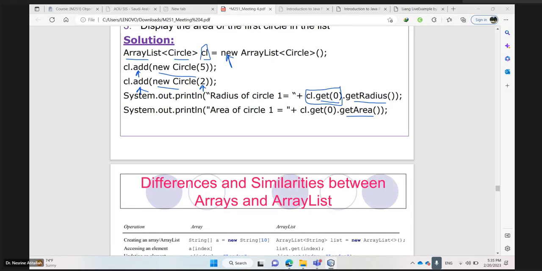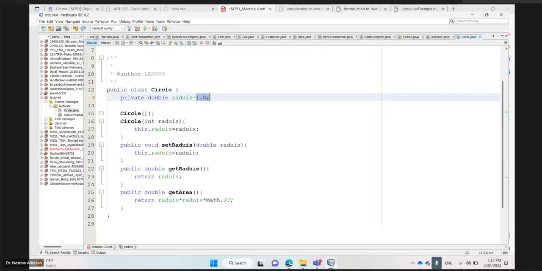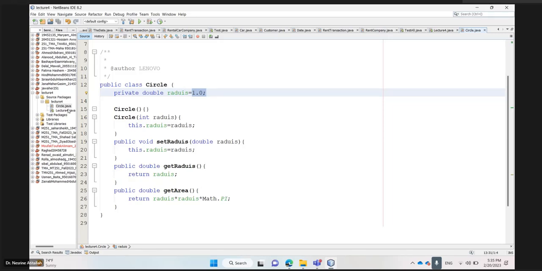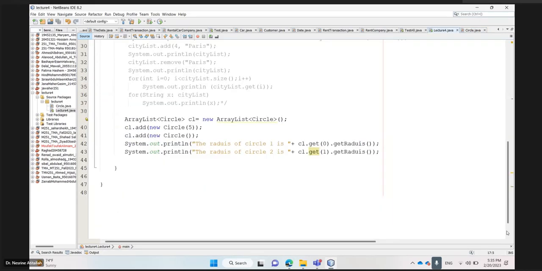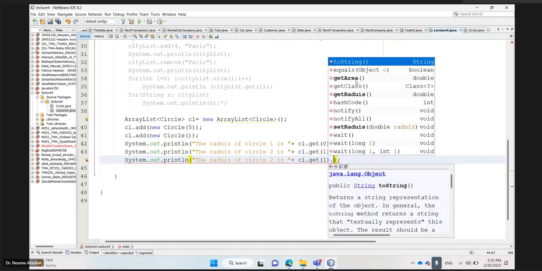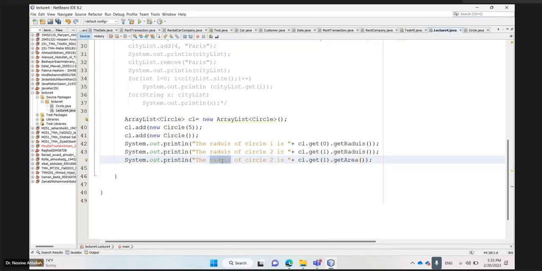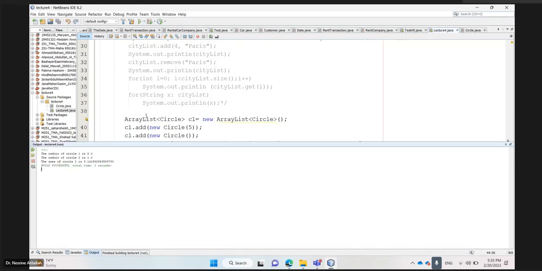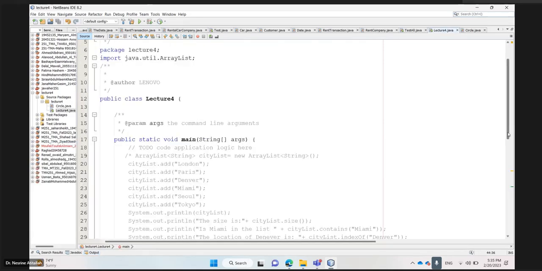If I need the area now, I need to use getArea. I can calculate the area also: get(1).getArea. This is getArea, so the area of circle 2. It is 1 multiplied by 1 multiplied by pi. If I need to print only 2 decimals,